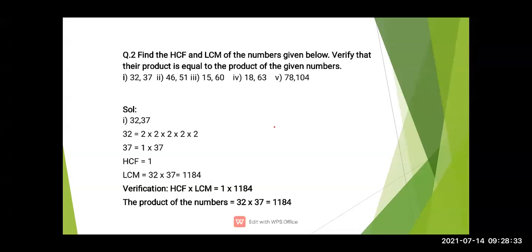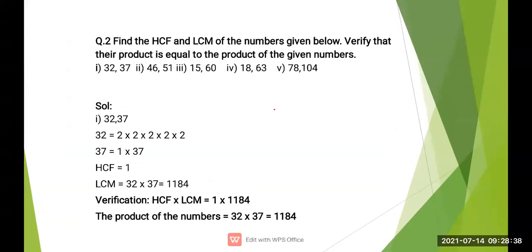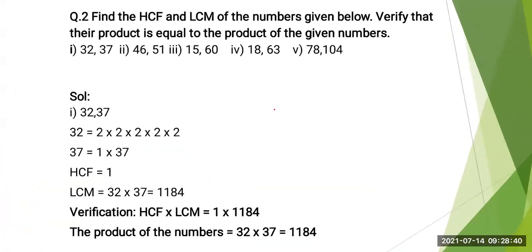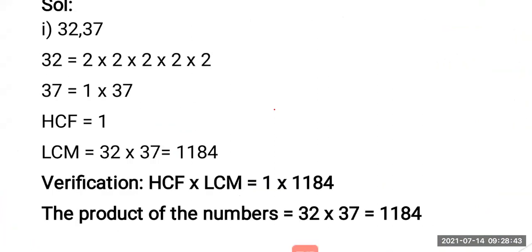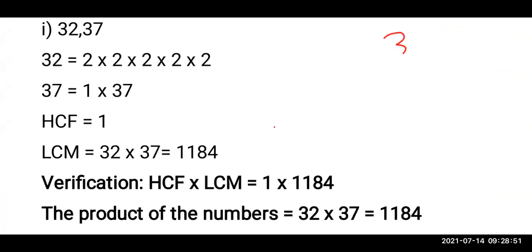Now first of all it is given 32 and 37. See, 32 and 37. First, what we have to find out? Find out the HCF and the LCM of both the numbers. Now here I am finding first the HCF. See, HCF को मैंने क्या बोला था? Separately होना चाहिए. So here HCF is, this 32 is going by the table of 2.